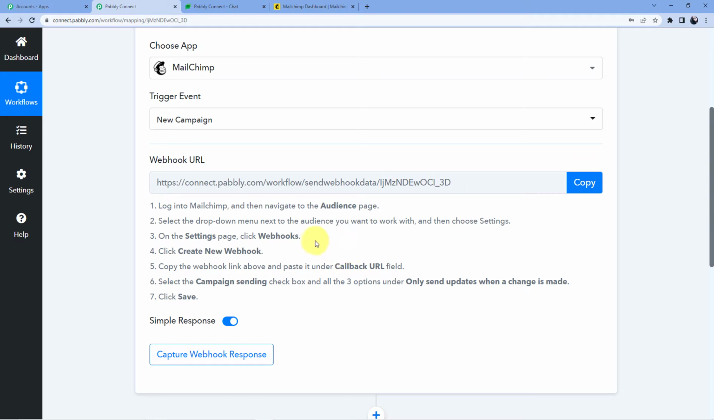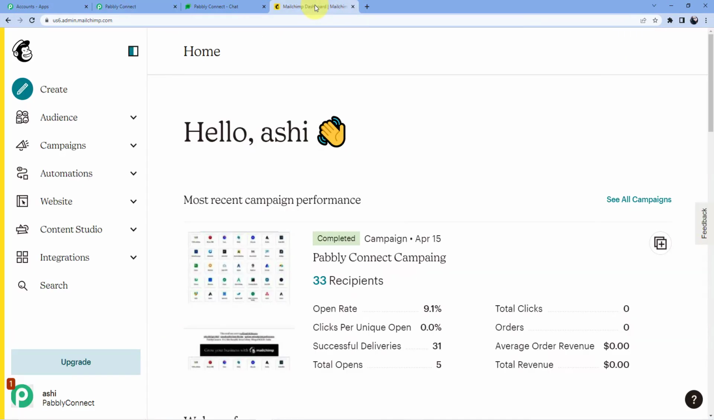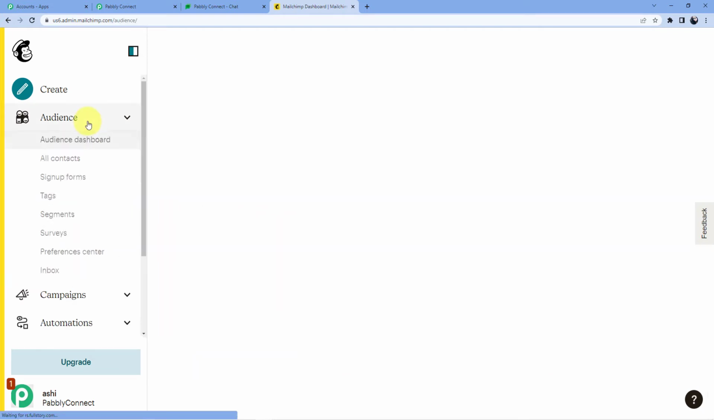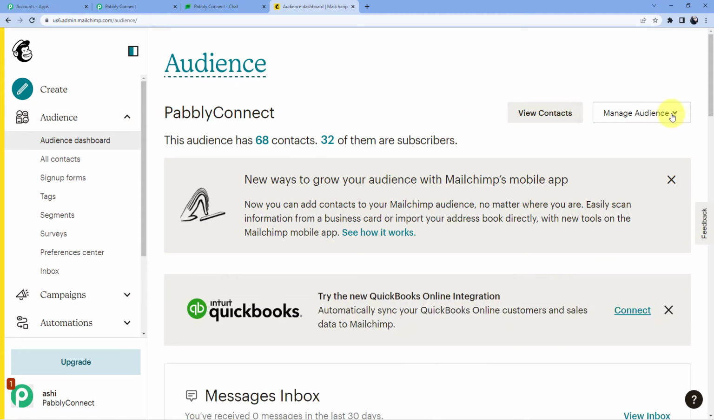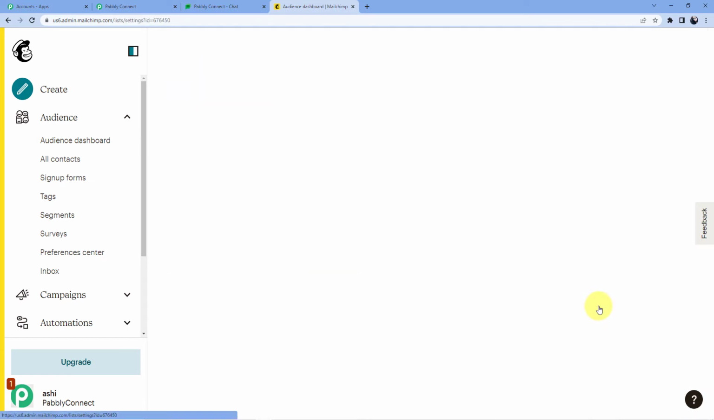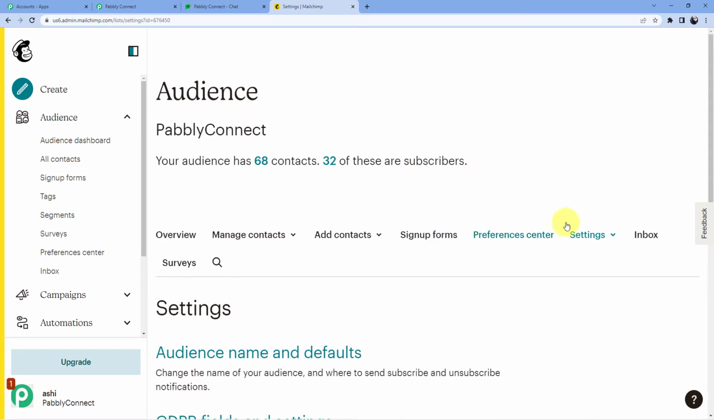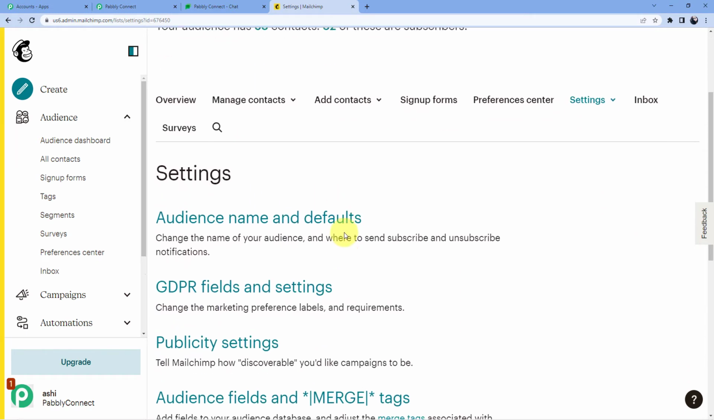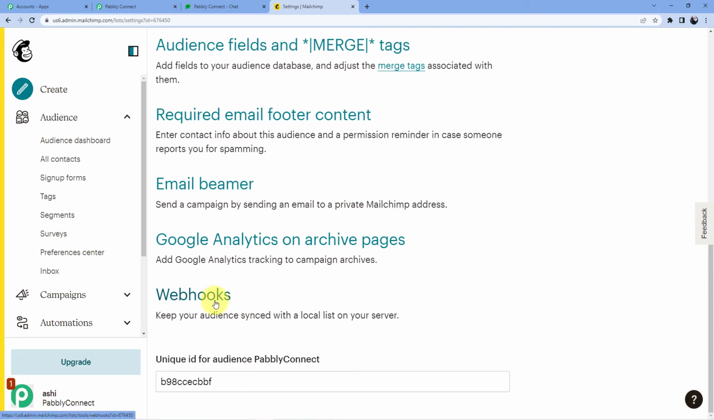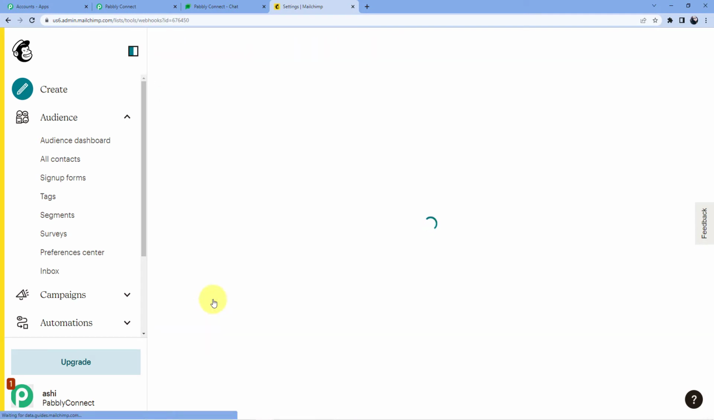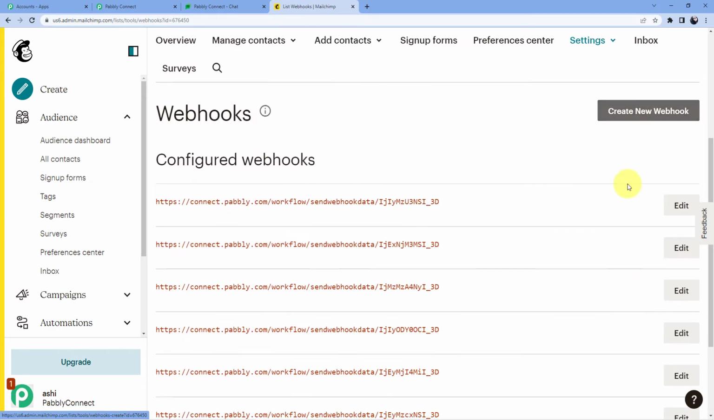And here what we are going to do, we are going to go to our MailChimp account. From here, we are going to go for audience. Click on manage audience, go to settings. After that, you have to click on webhooks. So let's just search for webhooks. Here we have webhooks. Then click on create webhook,